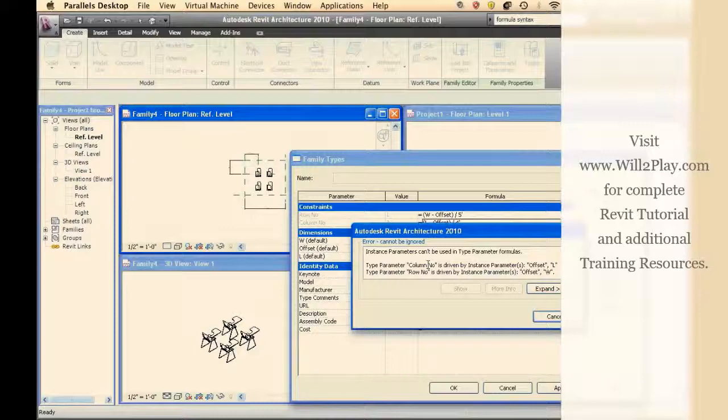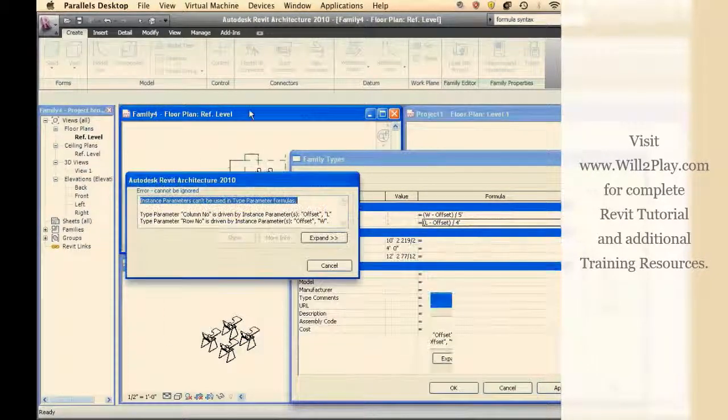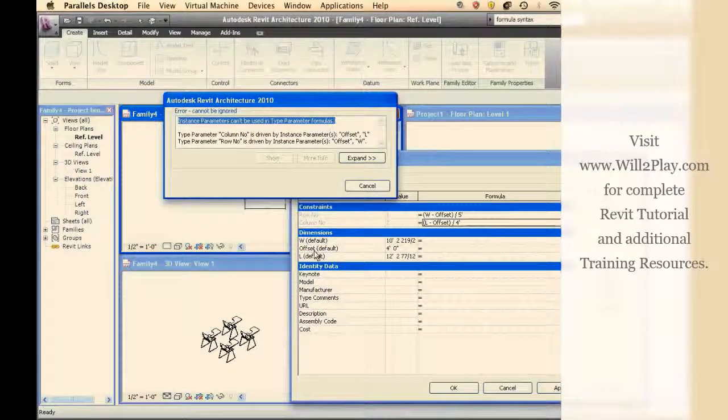There's a couple reasons. Look at this. The first one is that we've got an instance parameter, right? Which one's the instance parameter? Well, all three of these are. Okay. Cannot use an instance parameter inside of a type parameter. Why not? Because